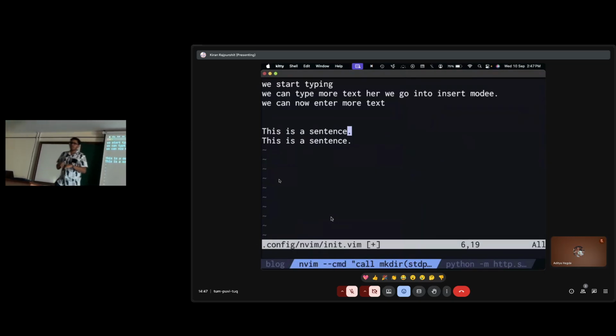This is how you usually go about editing text, right? You go into insert mode, you edit some text, press escape, come back to normal mode. You move around using HJKL, B to go backwards, W to go forwards, and continue editing. But there are some more interesting operations that Vim provides us. Once everybody's on the same page, we move forward. I'm being told that some people lag behind. Is everybody on the same page? If you could just raise hands, that would be awesome.